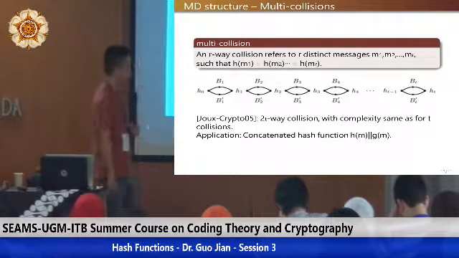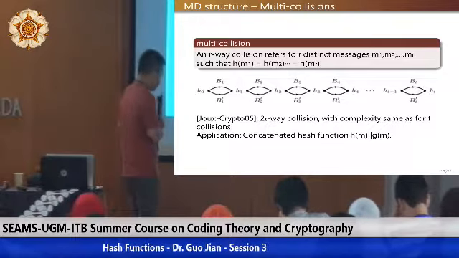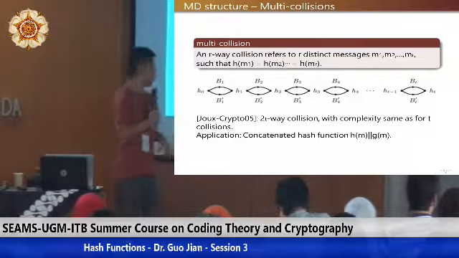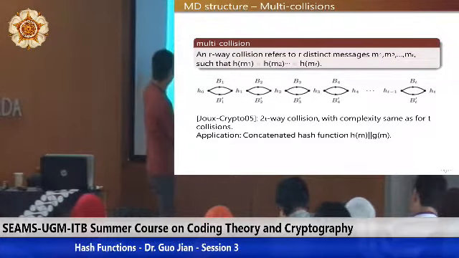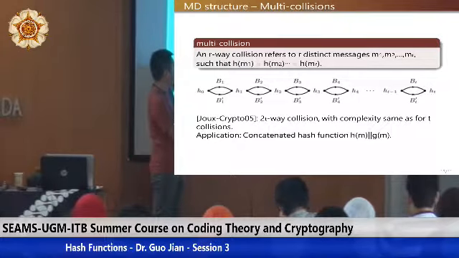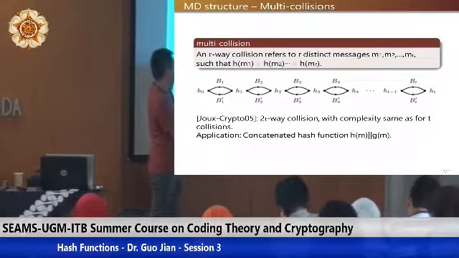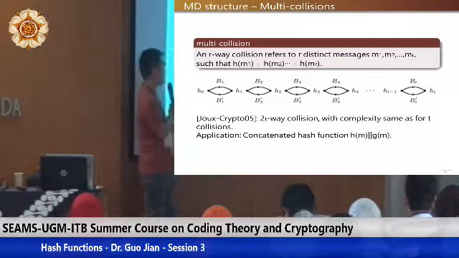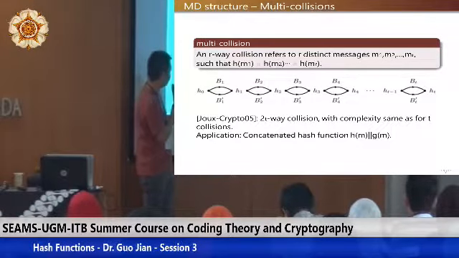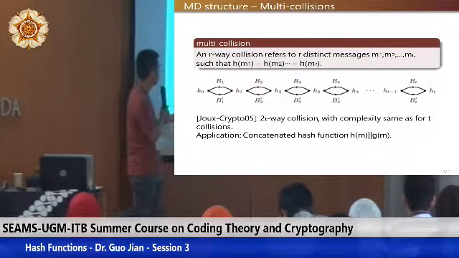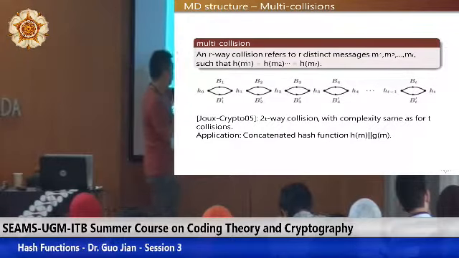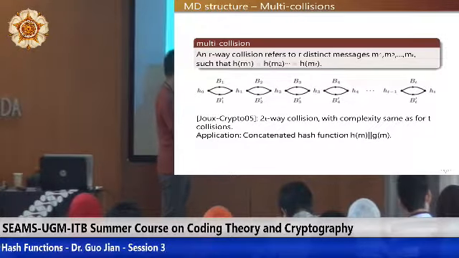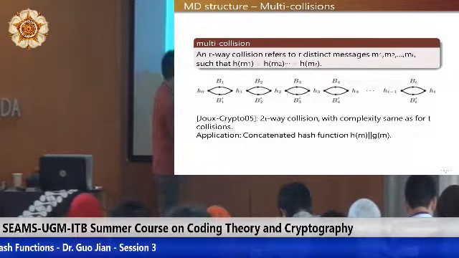And so you also have the problem of fixed points. Some of the hash functions, compression functions, are constructed from block ciphers. So if you construct a compression function in this way, where the message is used as the key of the block cipher and H is used as the input of the block cipher, then you have the problem of fixed points. If you set H equal to the decryption under the key M of the message 0, then you found a